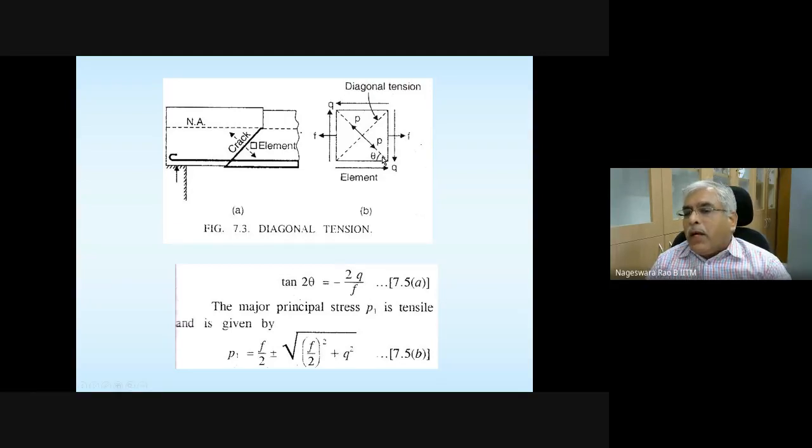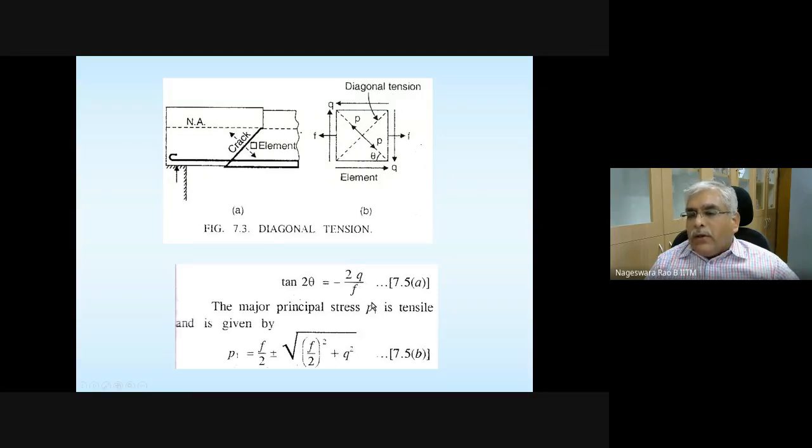If theta is equal to 45 degrees, this angle is also going to be 45 degrees. This dashed line is also going to be 45 degrees. So let me once again go back and summarize what we have done. The location where I told you to do this exercise is at this support. At this support, bending moment is 0 for a simply supported beam subjected to uniformly distributed load.